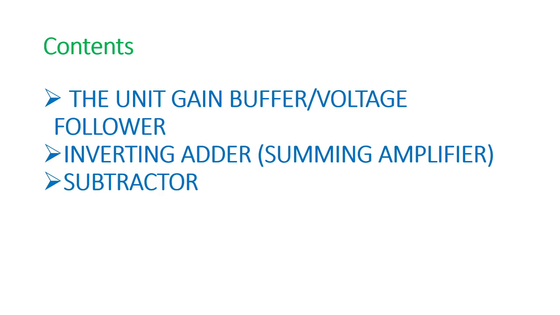Also, a signal applied to the plus input will appear in the same phase at the output. Therefore, that input terminal is called the non-inverting input. On the other hand, a signal applied to the inverting input will be shifted in phase by 180 degrees at the output. That's why it is called the inverting input.